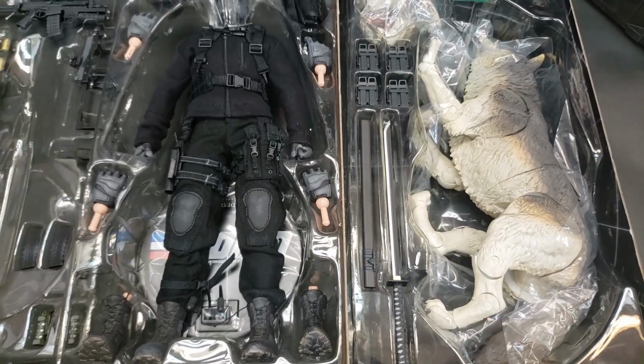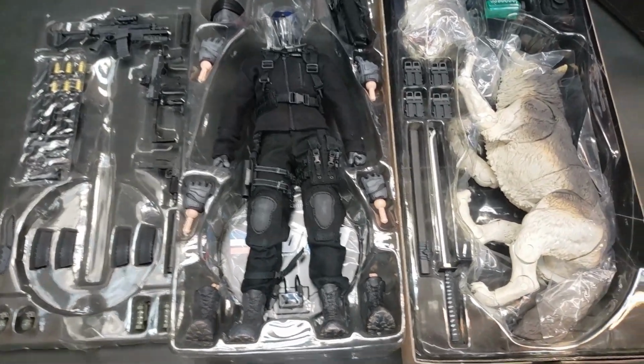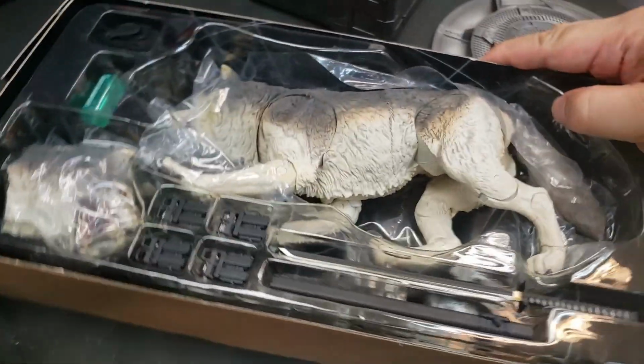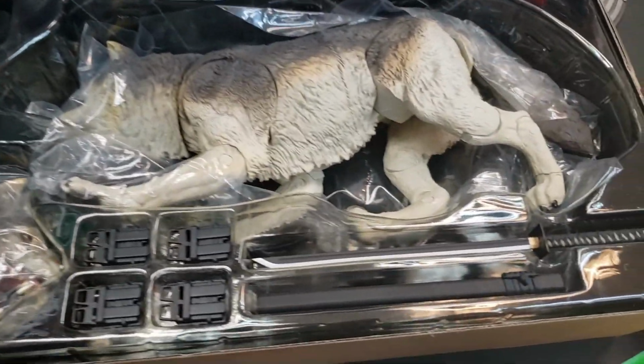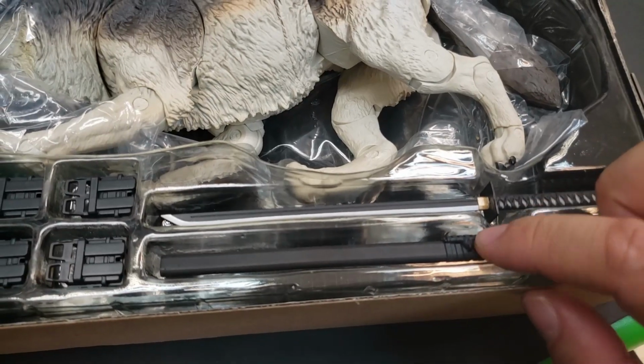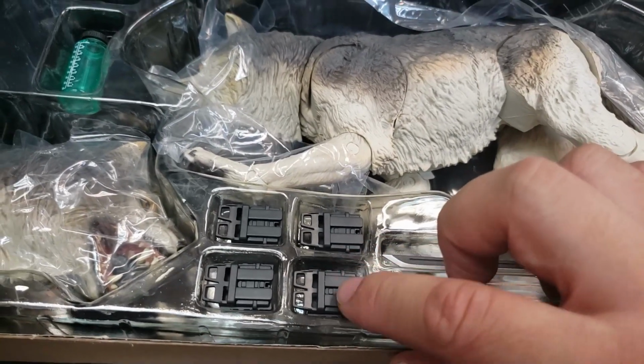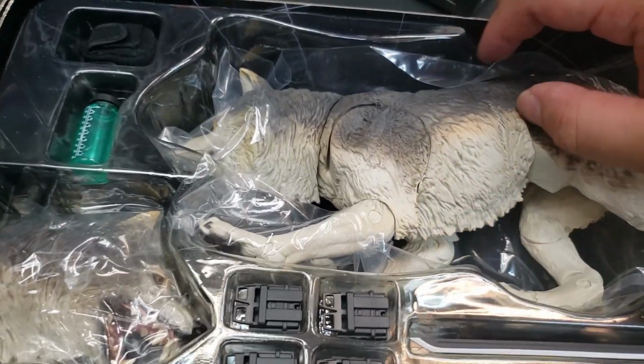When it's out of the box, this is exactly what it looks like, still in the plastic packaging. We're gonna go ahead and take a look over here on the side first with this box. And as you can see, there is Timber inside the plastic casing. You've also got the sheath and the sword to Snake Eyes. Here, it looks like these are additional ammo clip holsters, I think. And this is just really